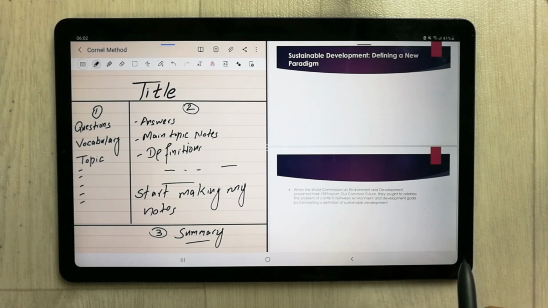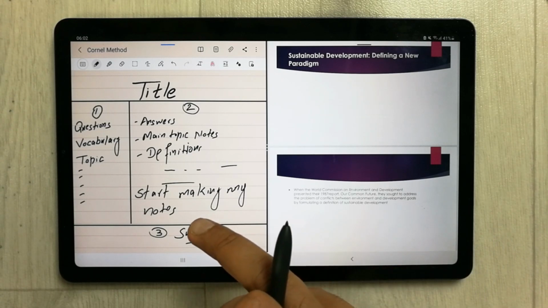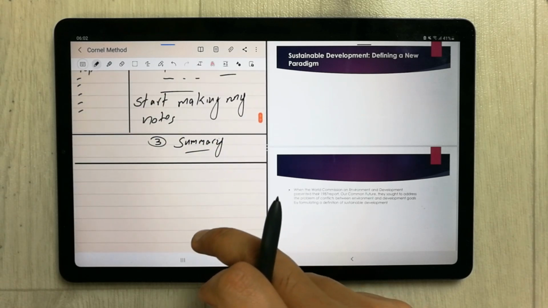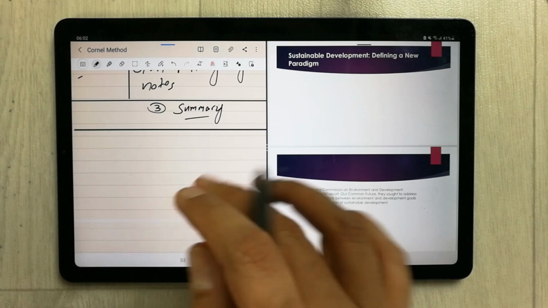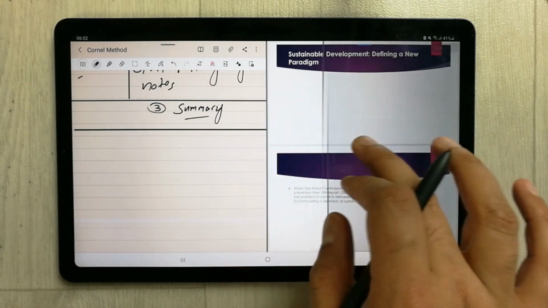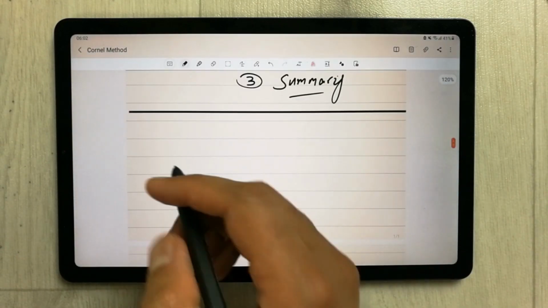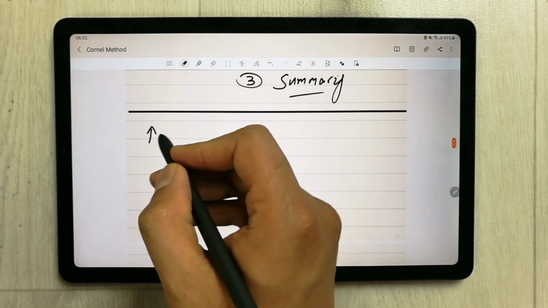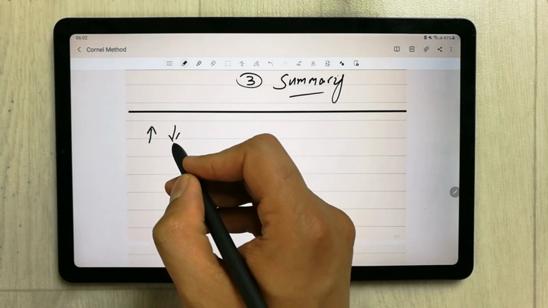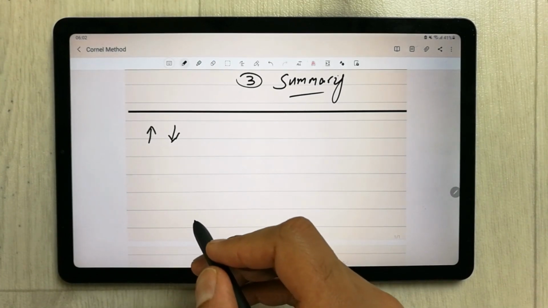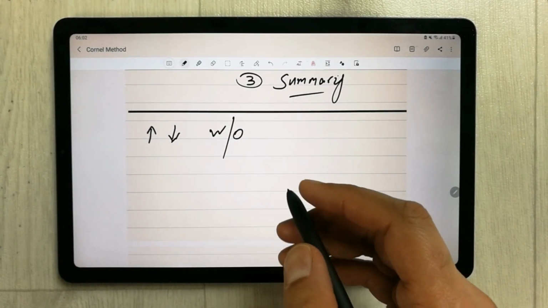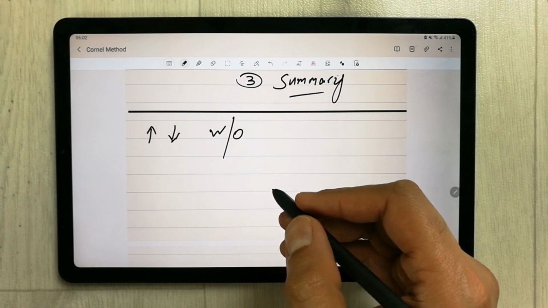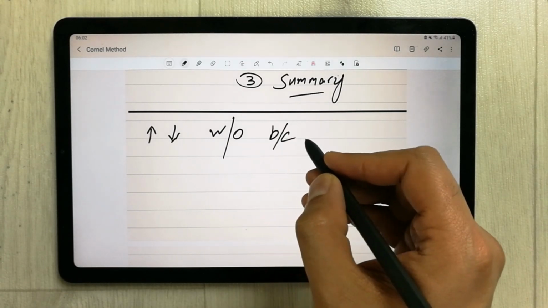The second thing that I want to mention here is about abbreviations. To save my time, I use different abbreviations. I will close this. Like this one I use for increase, this one for decrease, then I have with or without, and if I want to write because, I use this abbreviation.